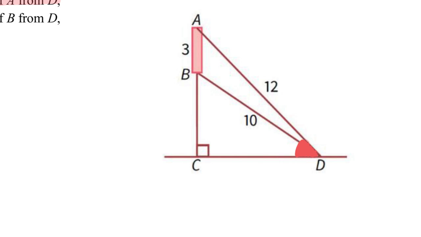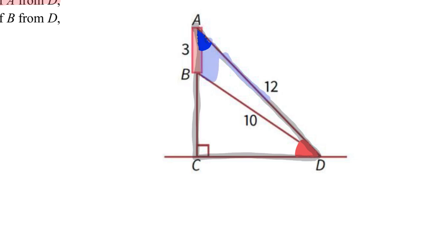If I know this angle, then with this being a right angle triangle, I will be able to find angle ADC, which is the same as finding the angle of elevation of A from D, right? And so to find the blue color angle, I realize